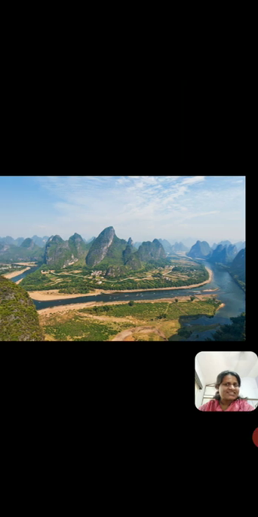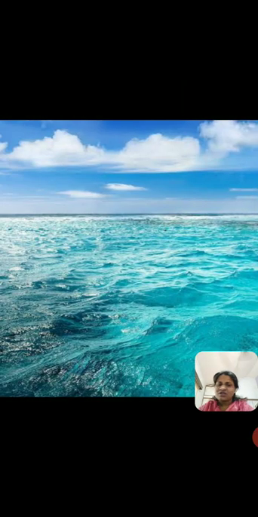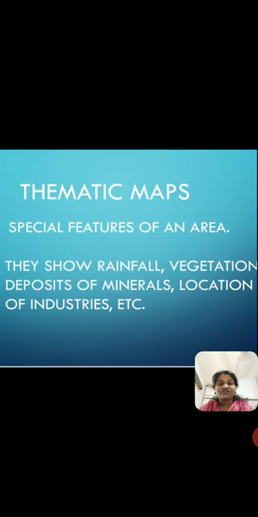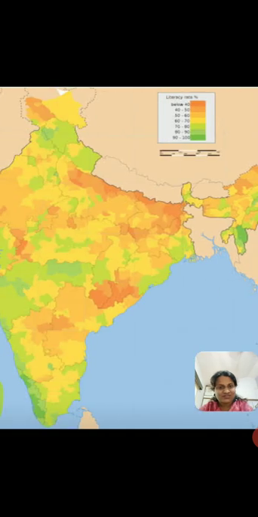Now, in all these maps that you have seen till now, have you observed that there are a lot of colors used on the map? Did you see that? Okay, so one thing that you have to remember about maps is that we use different colors to show different features on the map, and we also show different signs and symbols on the map.